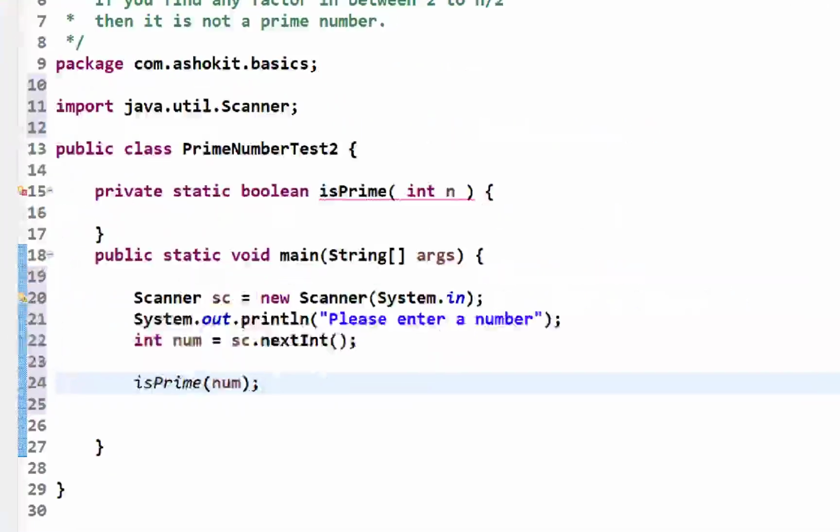Folks, everybody please understand me. Suppose this is num. Everyone, this is num, guys, num. Suppose the number is 11. This is the variable num. What's the value of num, guys? 11 is the number. I am calling the method called isPrime. What am I passing? The argument num, which means the value of the variable num